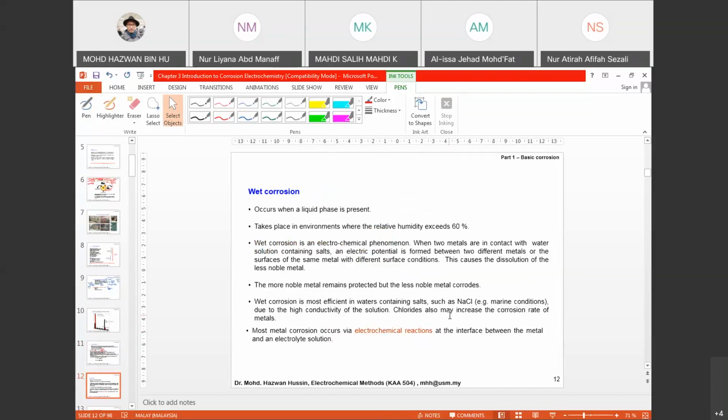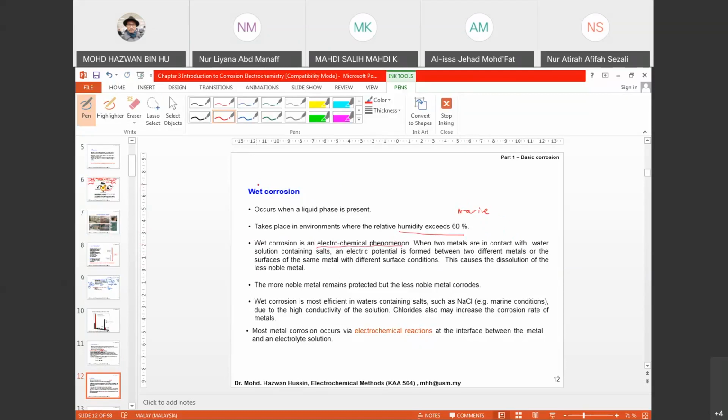Wet corrosion, in return, as I said, occurs when you have exposure to water with relative humidity exceeding 60%. This is related to environments near the sea, like marine, or anything near a water source, marine, river, whatsoever. Wet corrosion is an electrochemical phenomenon. Why is it called electrochemical? Because